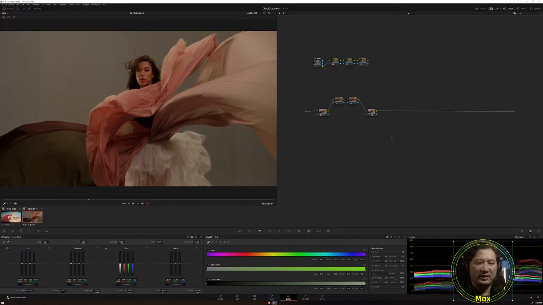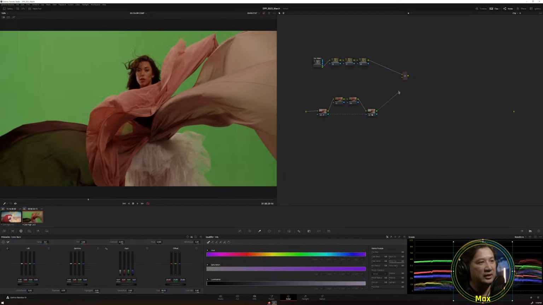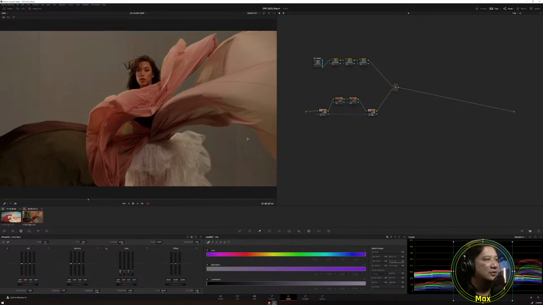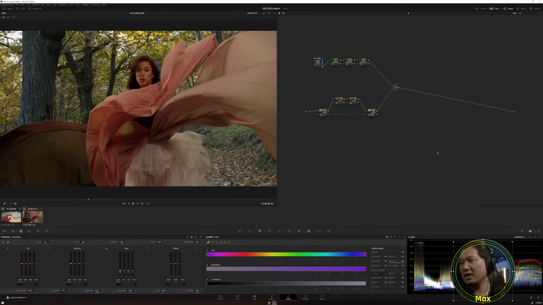We want to use the layer mixer because layer mixer has priority on the bottom layer. So if I create a layer mixer, right click, add node, and layer mixer, and here I patch my information from here and my output from node number 3 into the input of the layer mixer, and patch the layer mixer into the output, you can see that, as simple as that, right? So if I change it into parallel mixer, you see nothing happened because everything is blended equally, and we don't want that. We want to do layer mixer, right? So now,